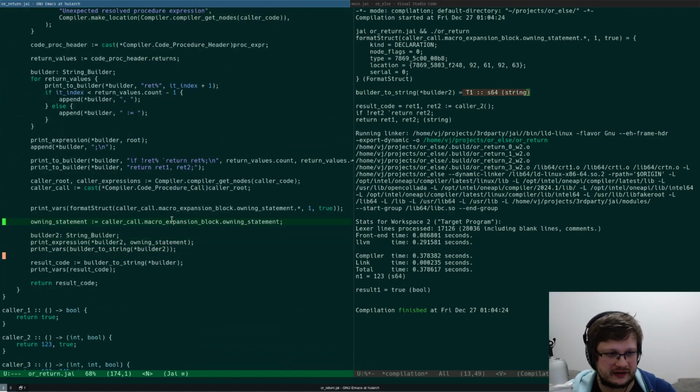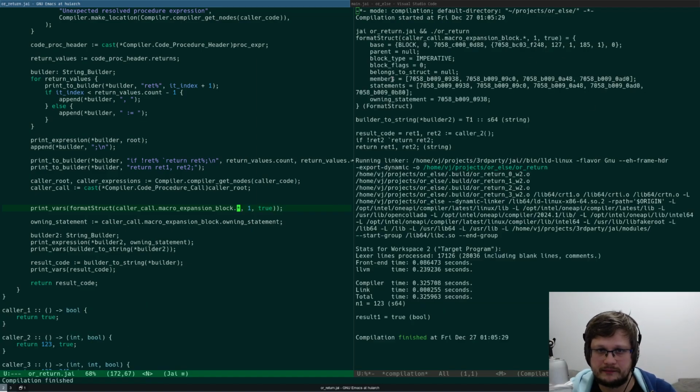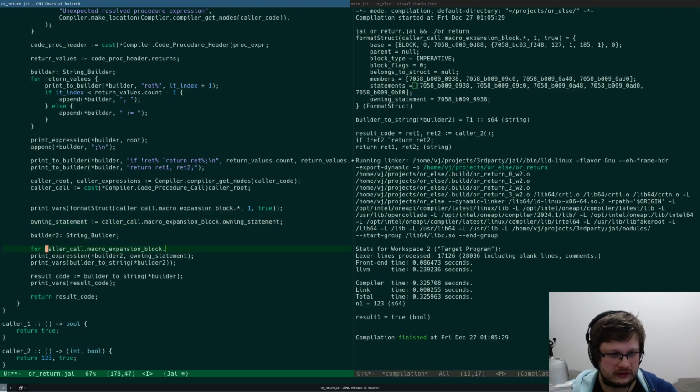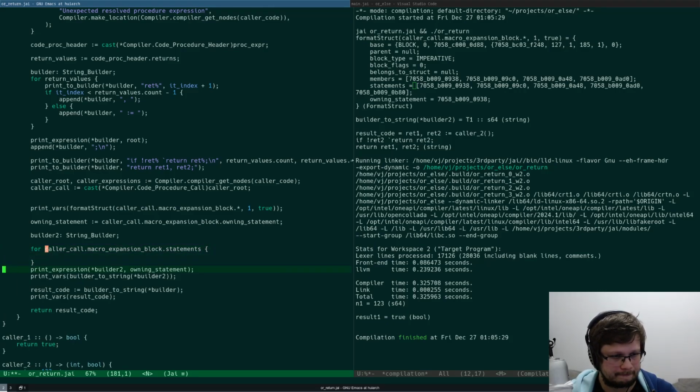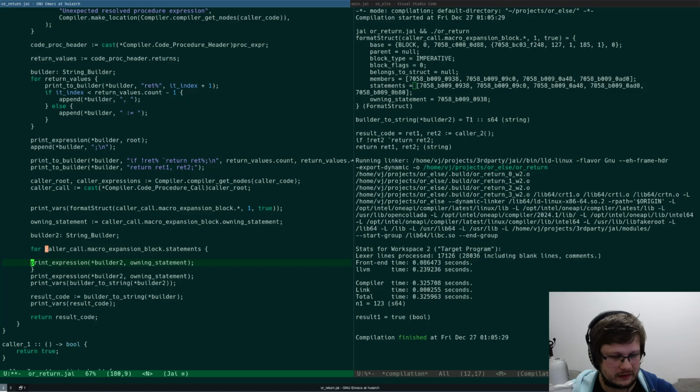Right, so if I print those expressions one by one, this macro expansion block has statements, and if I print those statements, let's do this. For statements, print expression it.